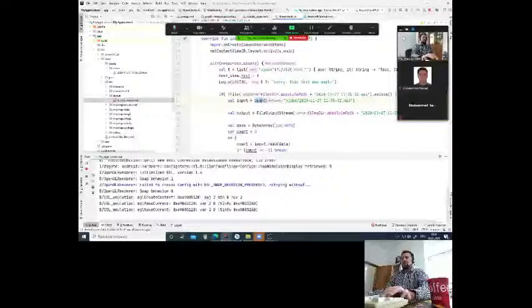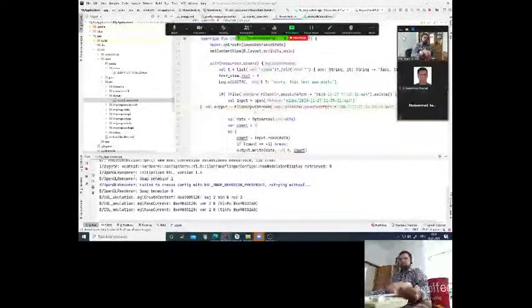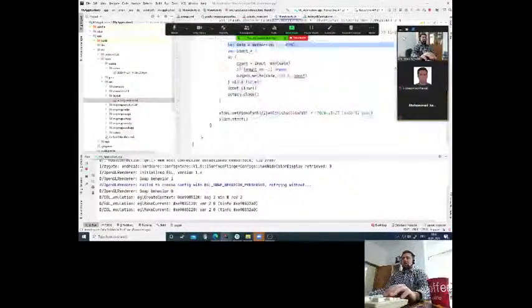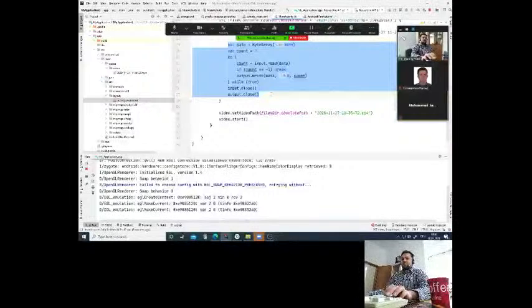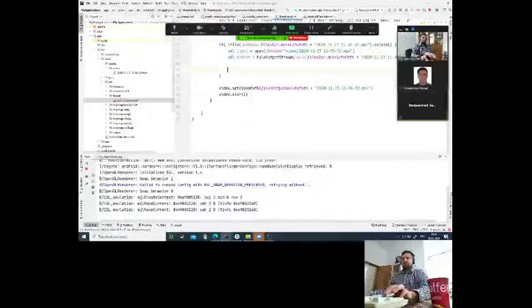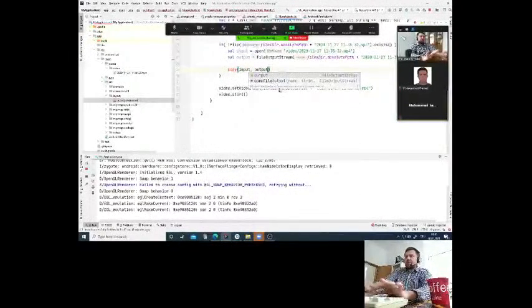This open method call is only possible with the assets manager, and that's why we should access it here, and the output stream, and then copy from input to output stream. Let's make a small copy method which uses this part of code. So just write copy and give it input and output,